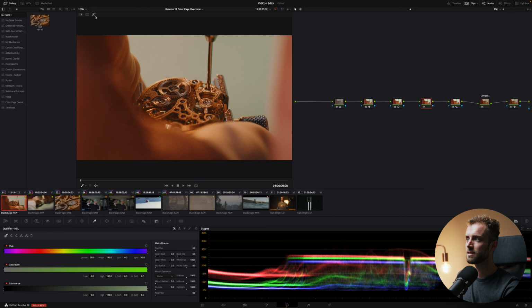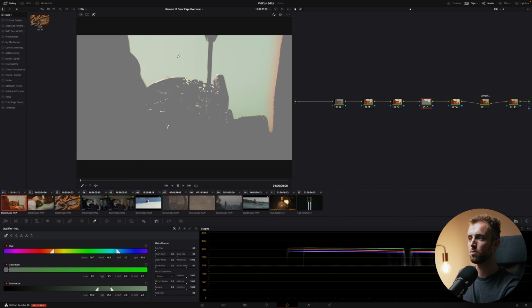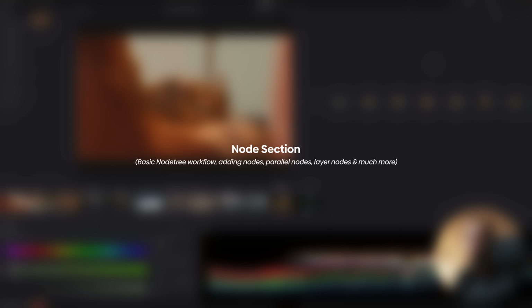All right. So the next one is the highlight selection tool, which is corresponding to Shift H on the keyboard. So right now, nothing really happens. But if I go to my qualifier tool here, which we'll go over in a second, I can click somewhere, press Shift H, and I can see what I have selected. Pretty cool. More on that later. Okay, so next up, the node tree.